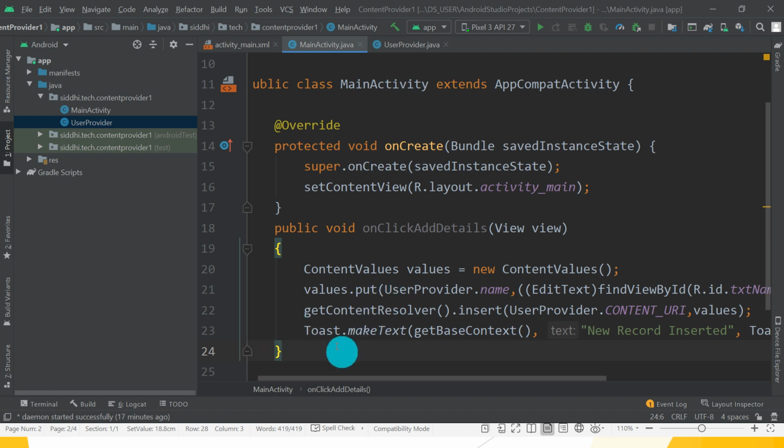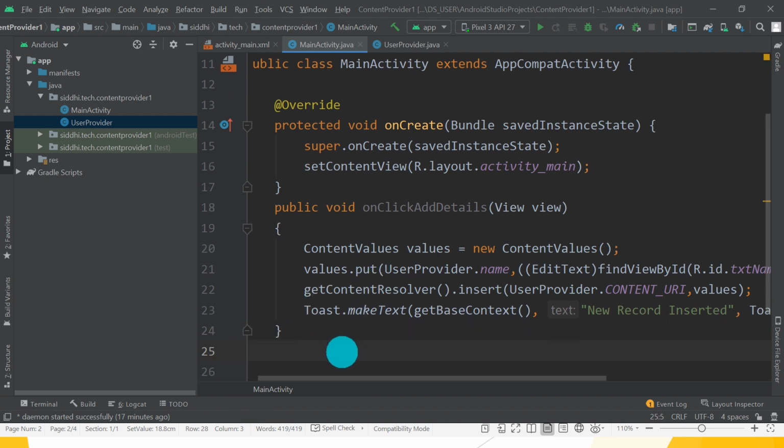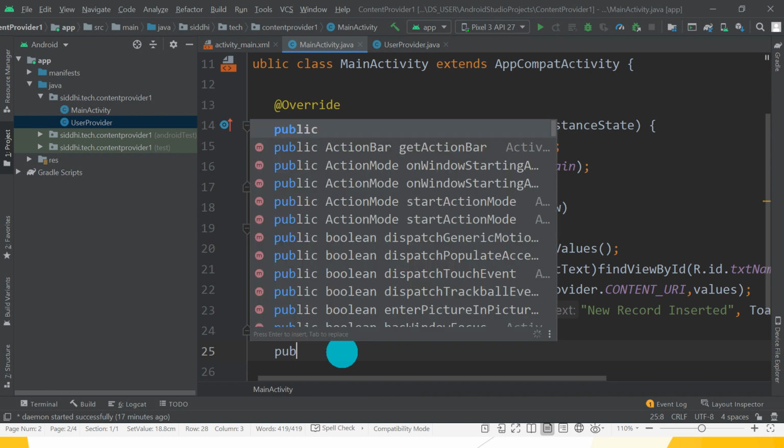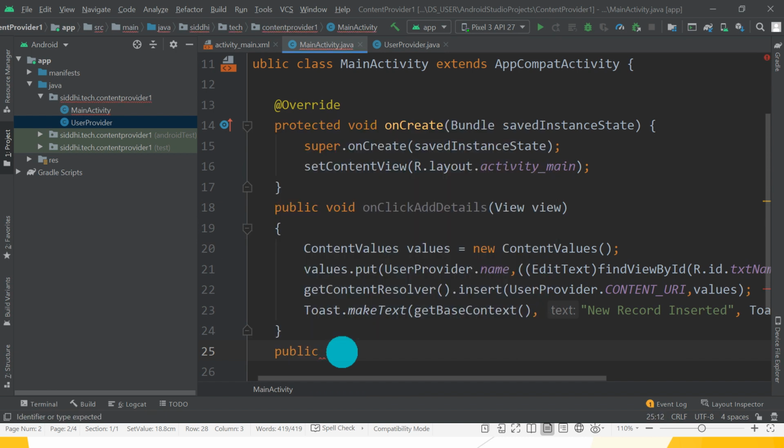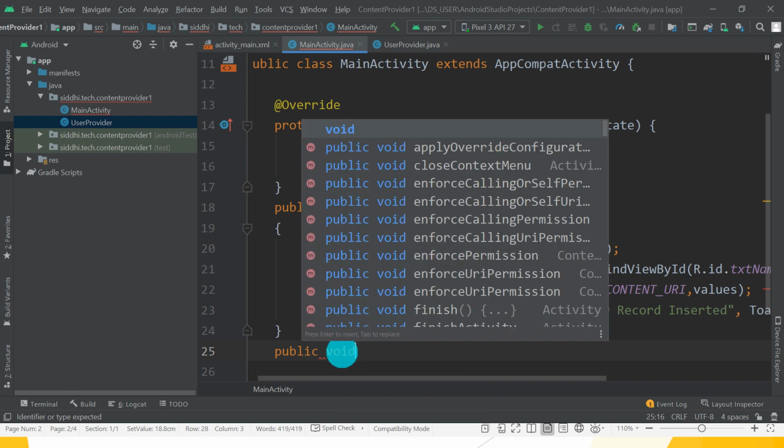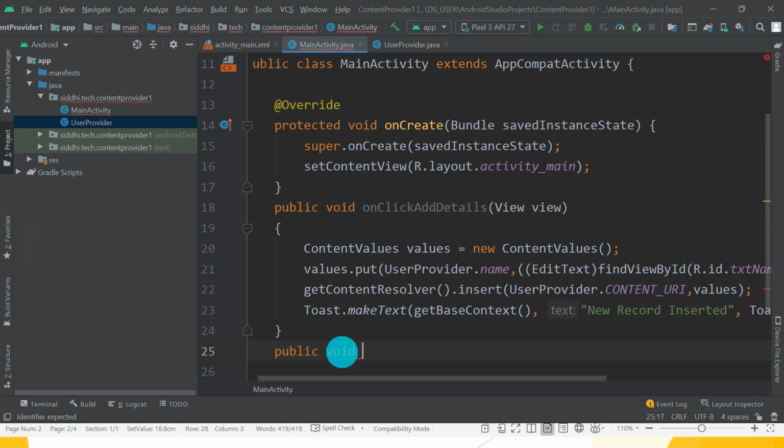After that, public void, create new method that is called onClickShowDetails.